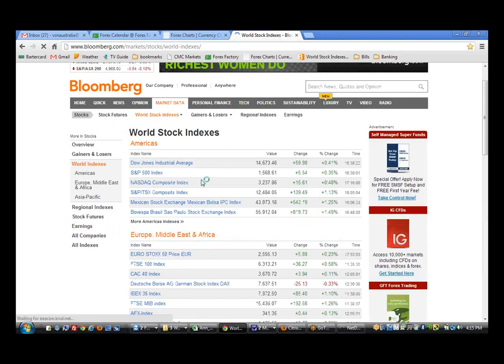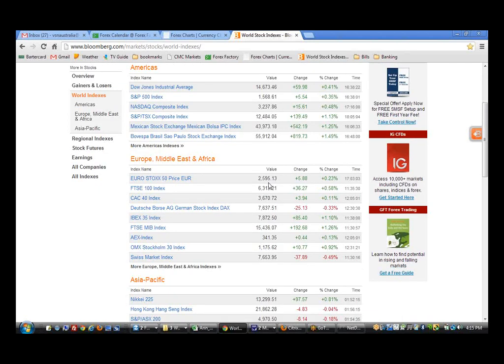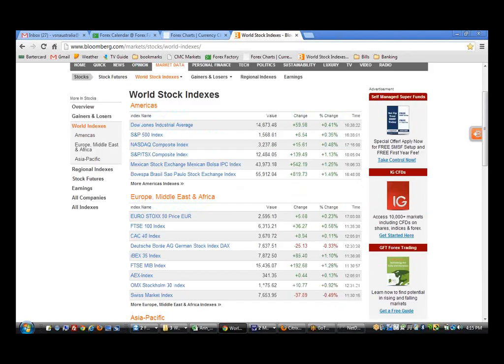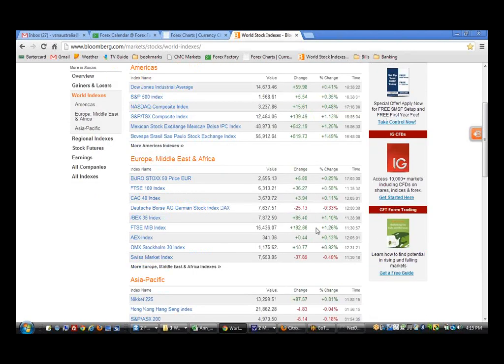So what we can see here is that the Dow Jones has finished in positive territory with 59 points up. It actually created a new high, and we'll show you the chart in a minute. The S&P also was up by about 5 points, and the Nasdaq as well. In the Eurozone, I think the Eurozone also finished in positive territory,